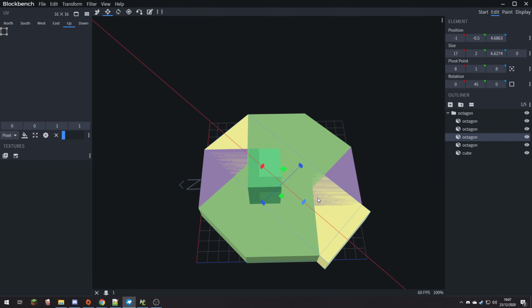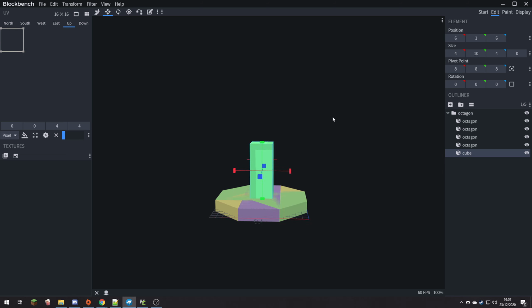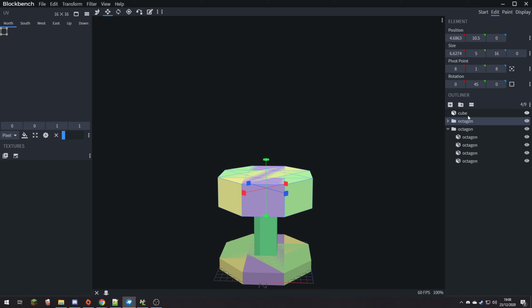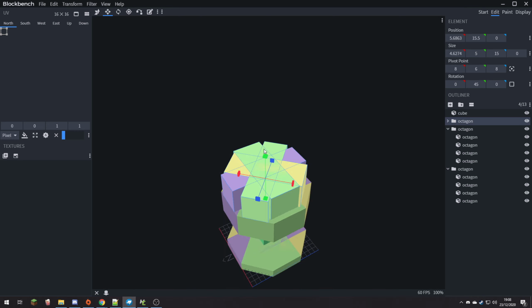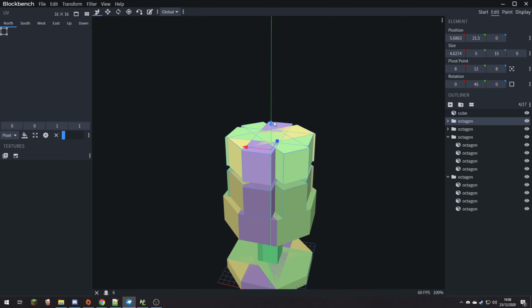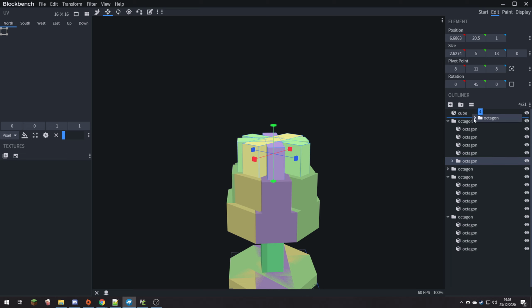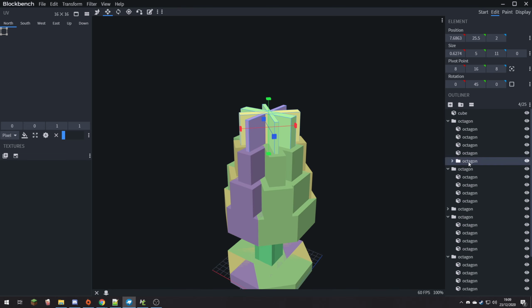So I used the shape generator plugin in Blockbench to make a hexagonal base, well, an octagon base because it has 8 different sides, and then I decided to try something a little bit interesting. So I decided to copy and paste the octagon and then on each level make it a little bit slimmer, so it gave the illusion of a 3-dimensional shape which gets thinner towards the top. And as you can see, although it's not perfect, it actually ended up looking like a Christmas tree,